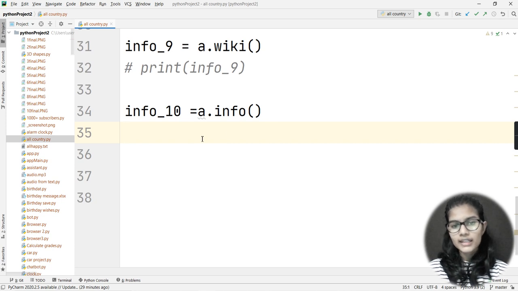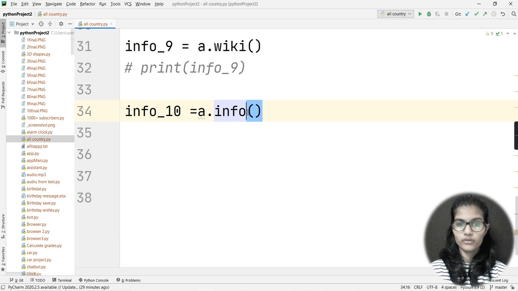Now do we have a single function that helps us find all the information about that particular country, so we do not need to write these functions line by line and make our code longer? Do we have any such function in this country info library? The answer is yes, we have a function, and that function here is the info function.